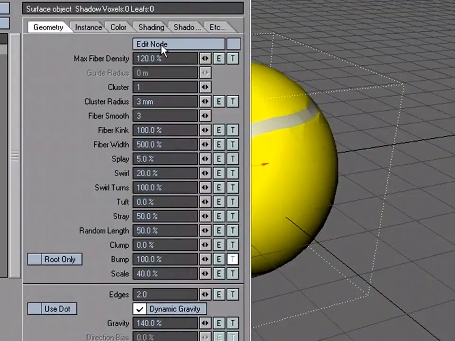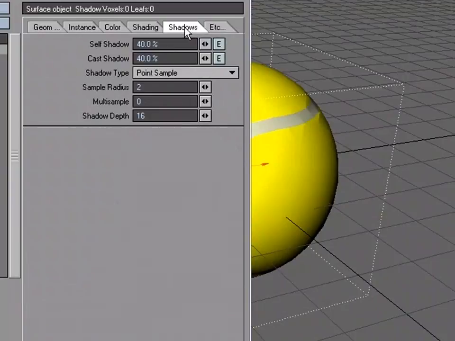And let's go ahead and go over to shadow. Now, since the fibers are short, I don't want that to have that much shadow going on. So I'm just going to lower the self shadow to 15%. We can change it to a lower or higher value based on what our render